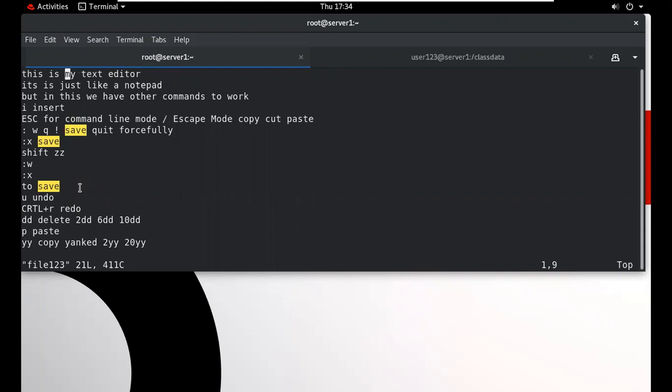This is an option of Vim. When we search anything, it will be highlighted, and it is not removed automatically. And if we want to remove this highlight, what will I do? Type no HL. HL means highlight. So type no HL, then the highlight will be removed. It is not removed automatically.